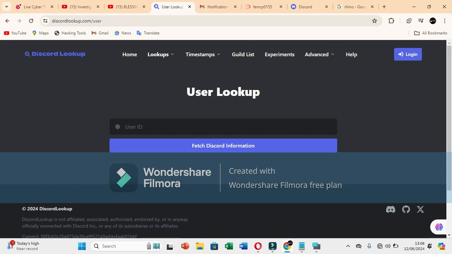Now, you actually want to check your Discord, or you are given the permission to check someone's Discord. Maybe you actually paid. One of the tools you can use is dnslookup.com. You go over to the Discord information, then you click on login. Once you log in, you have your user ID. Once you have your user ID, click copy and paste the user ID here, then fetch Discord